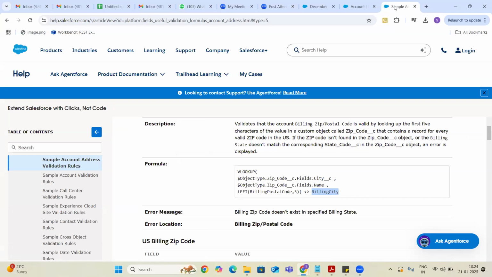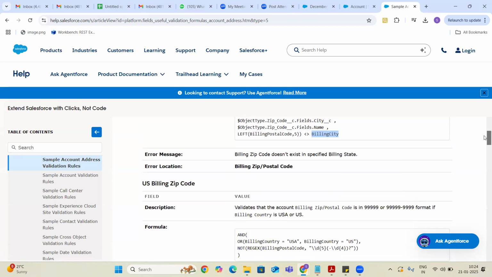Okay. So this will give you this particular billing postal code is not equals to whatever the postal code which is stored on the zip code object. Okay. This is how you need to write the validation in case the zip codes are stored in different places.